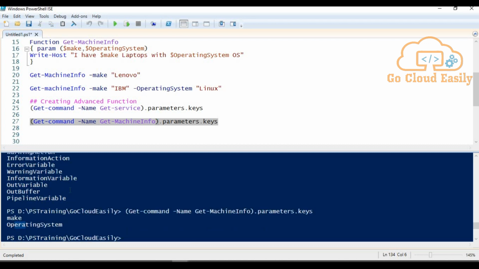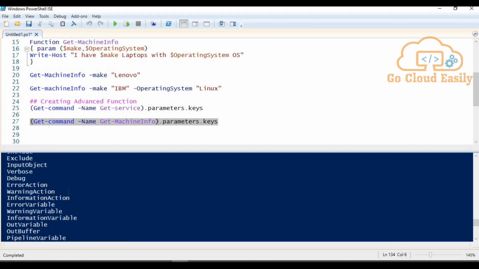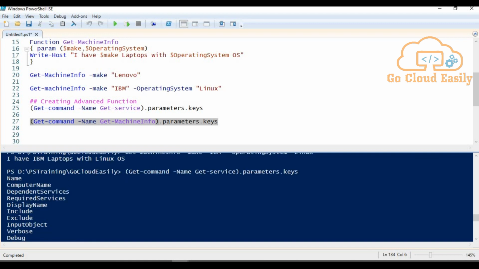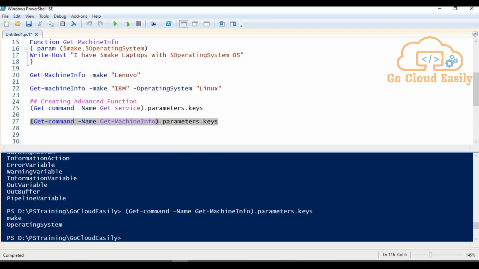The difference of these parameters is the difference of the type of functions. What is the difference between a simple function and an advanced function? The same difference is what we can see in terms of parameters: advanced functions or inbuilt cmdlets have many generic or common parameters, but our simple function doesn't.